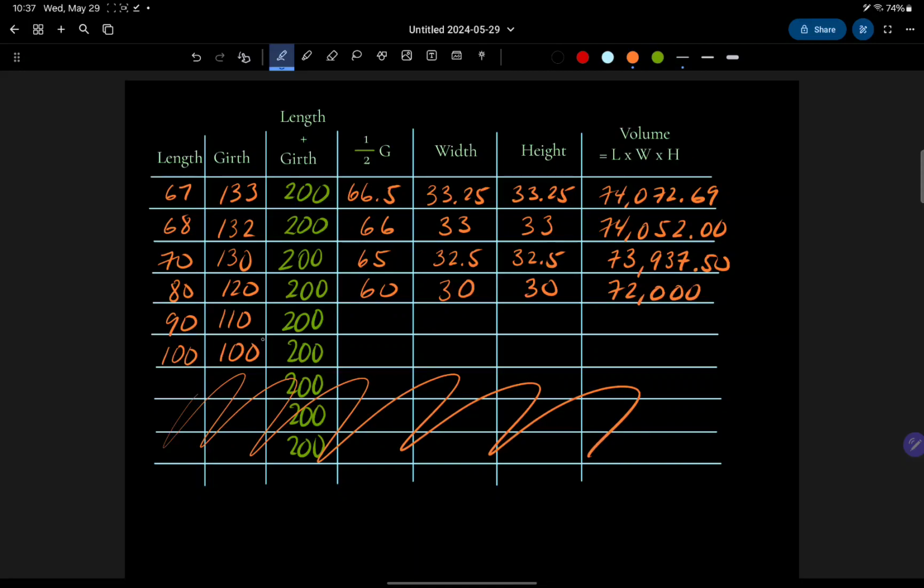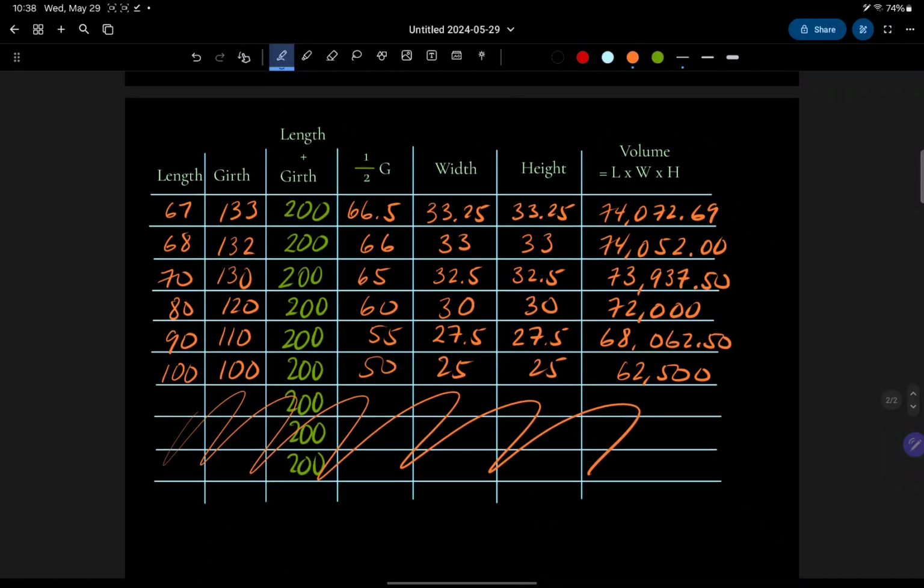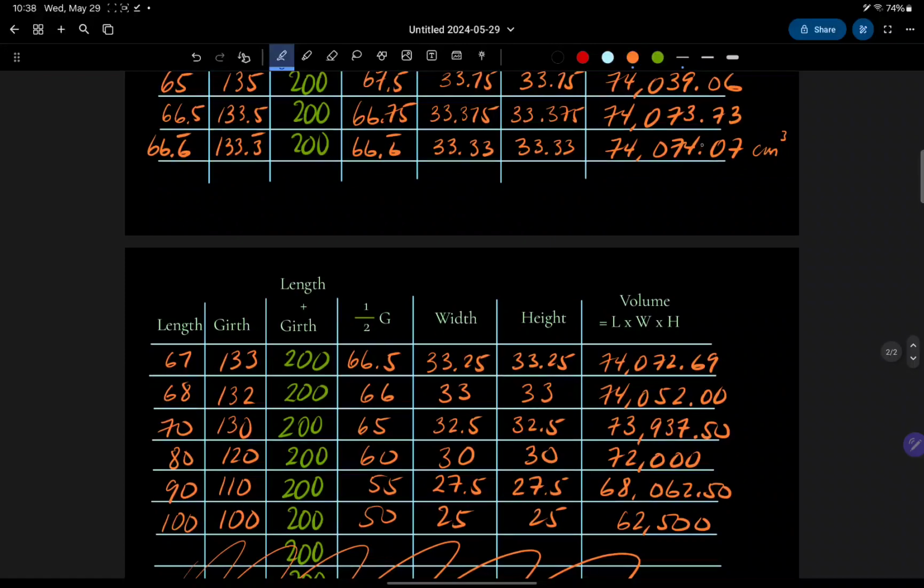At 90 we have a girth of 110. Half of 110 is 55, and half of 55 is 27.5 and 27.5. So 90 times 27.5 times 27.5 is 68,062.50. And finally at 100 and 100, half of 100 is 50, half of 50 is 25. So 100 times 25 times 25 is 62,500. So if we examine this table, you'll see that the maximum volume happens at